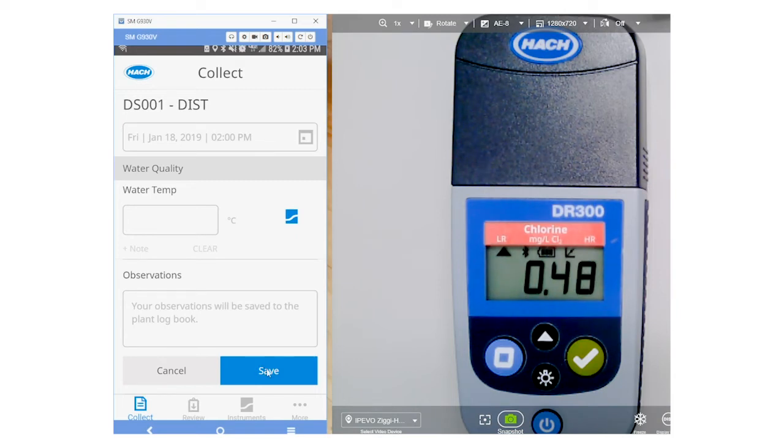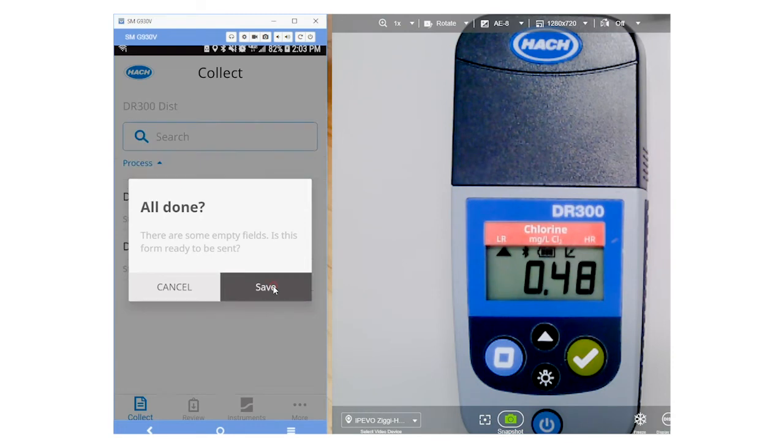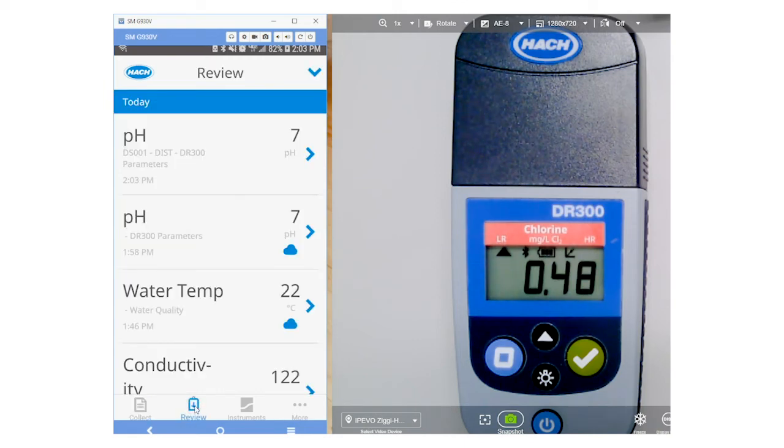When I click Save, this sends the data to the cloud, and that data is then available to all other users of Collect. They can see that data, start to graph it, use it in spreadsheets, whatever they want to do. I want to now review this data collection, so I'm going to click Review,